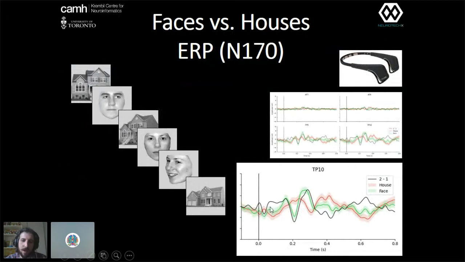And what we're looking at here then is two things. We've got our red line, which is the trial averaged visual response to the house stimuli, and the green line, which is the trial averaged visual response to the face stimuli, and then the black line is the difference between the two. And what we see here, which is cool, is an